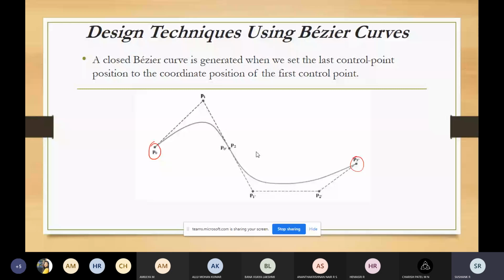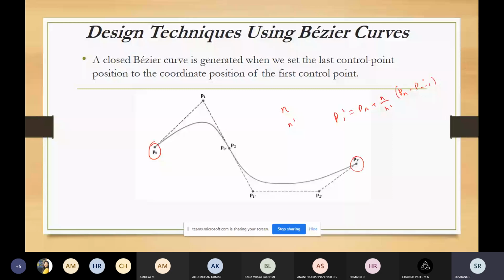Like this we can control it. And also we can use small curves to have better matching. If the first curve has n control points and the next curve has n dash control points, then we can match the curves by using the formula p1 dash is equal to pn plus n by n dash into (Pn minus P of n minus 1). By using this formula, we can match the curve. So these are some of the design techniques which you should keep in mind whenever you are designing the Bezier curve.